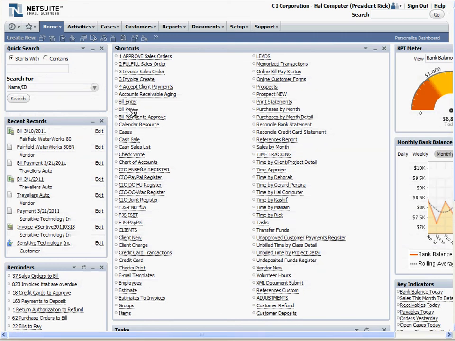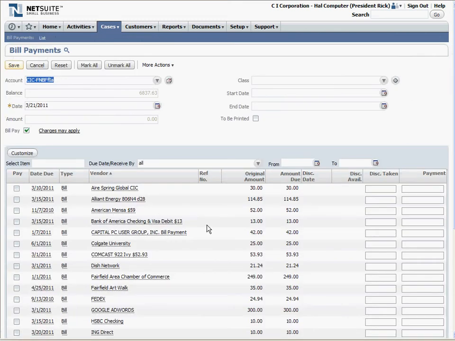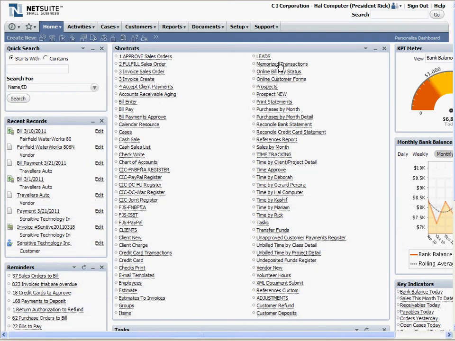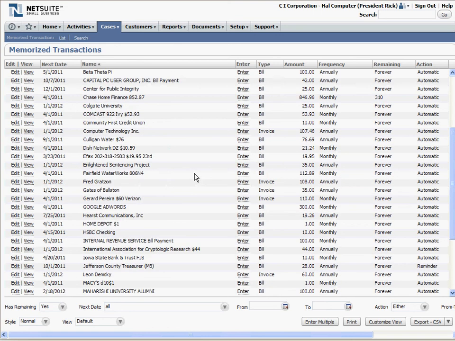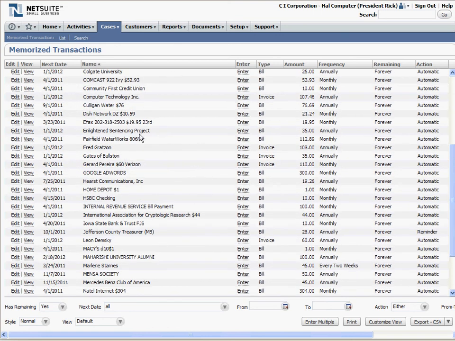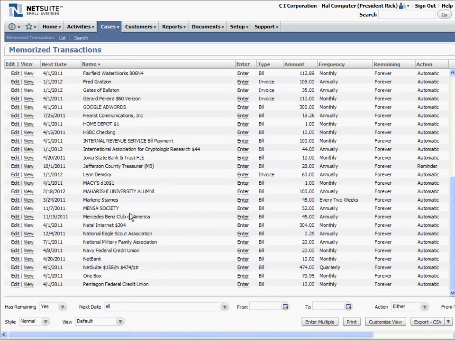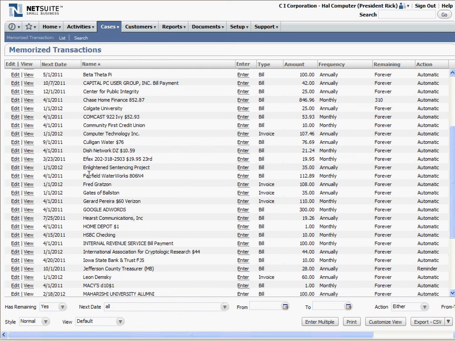If I go back to the payment list, I would not expect to see the water bill on there, and indeed it's not. But suppose I wanted to, just so I don't have to think about it, pay this right now, queue this up, here's a tip. You go to the memorized transaction list, and what this means is that NetSuite will be checking the dates, and when it gets to that date, only on that date, it looks for any that are on that date, and then will queue that up. But I can do it earlier by clicking on Enter,